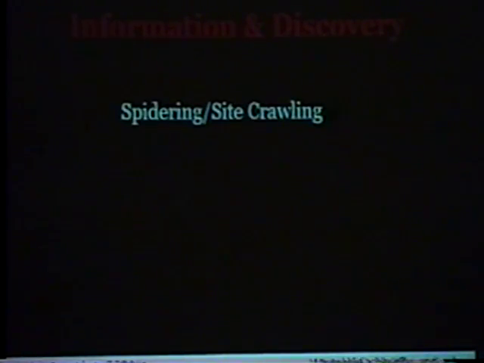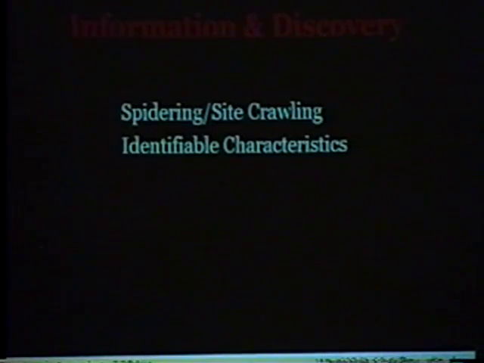So we'll enter the first stage of how I perceive to go about discovering or pounding on the black box of a web application. First thing I'll do on any web application, doesn't matter how big or small, is I'll spider the thing. And this gives up a lot of data. The first thing I'll do is spider it. Then I'll look for identifiable characteristics.